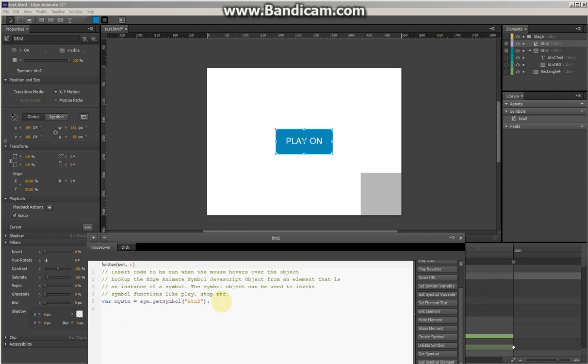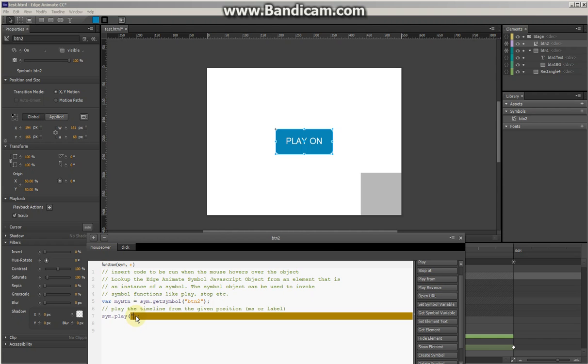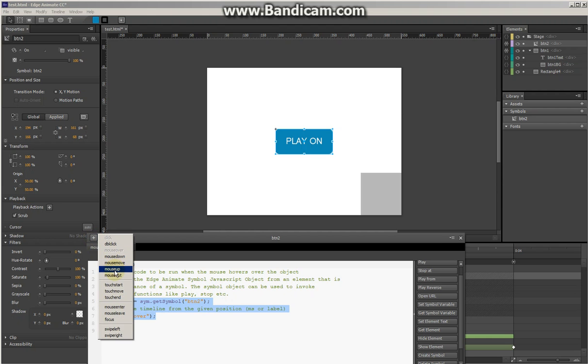Now, after we've created this, then what we're going to do is play from a certain point. So we can use play from, and it tells me play the timeline at a given position or label. And so we're going to use a label. Since we're on the mouse over, all we have to do is change this to the over string. Now we can copy and we can do that all again for the mouse out, but instead I'm just going to copy the good stuff and create a mouse out